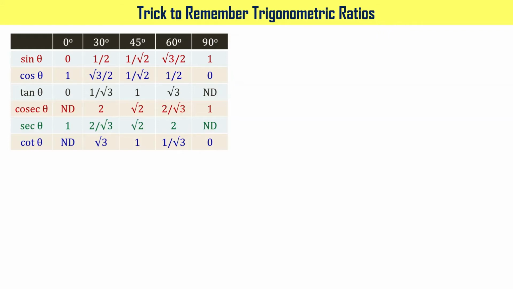In the previous video, we have seen how to obtain trigonometric ratios for certain angles, right? For 0 degrees, 30 degrees, 45 degrees, 60 degrees, 90 degrees. What are the values of sine function, cos function, tan function, like that? And we have obtained this particular table. In this video, we are going to learn about a trick to write this table without remembering all this table. Okay, let's see what is the trick.